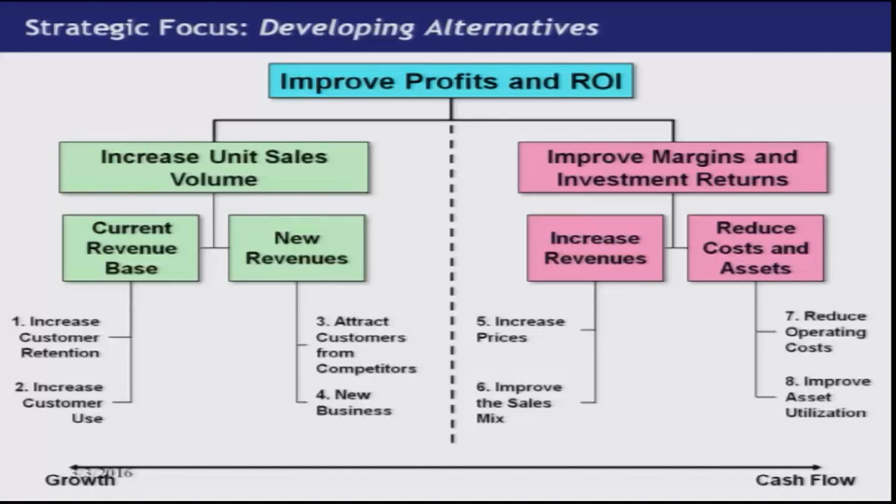we can draw this very clear-cut diagram, that our superordinate goal, or the top strategic goal, is to improve profit and ROI, and that we are going to achieve through emphasis on increase in unit sales volume, as well as improving margins and return on investment. And you can see, therefore, we create emphasis on new revenue as well as emphasis on reducing costs and assets. So, therefore, the